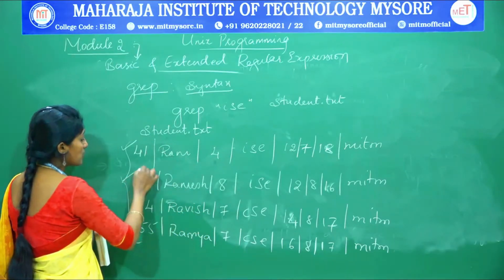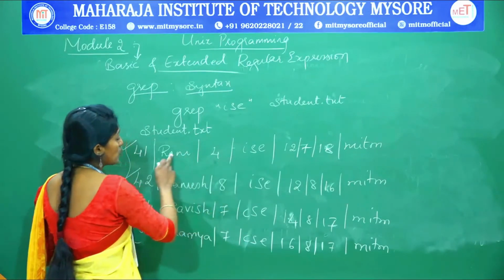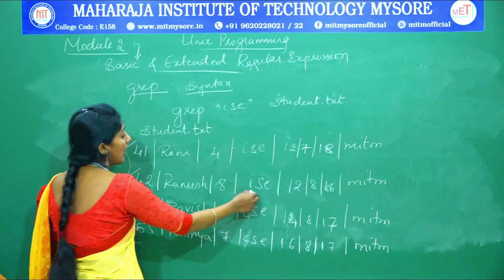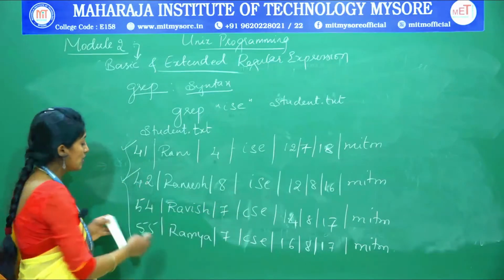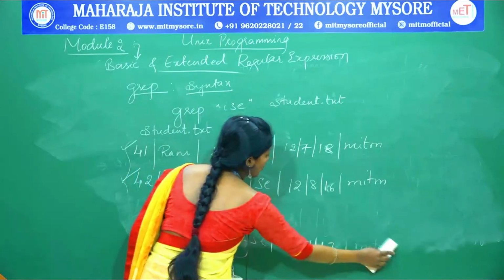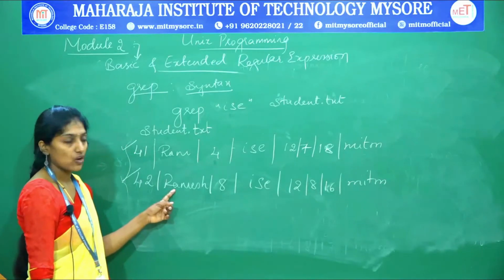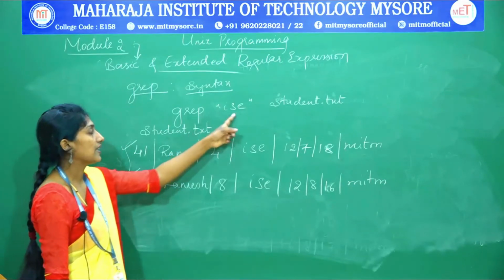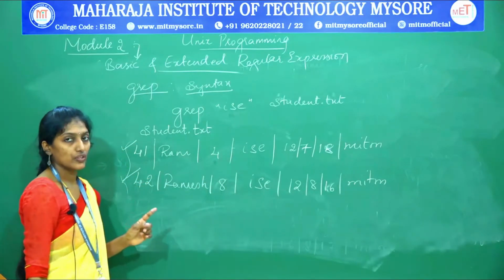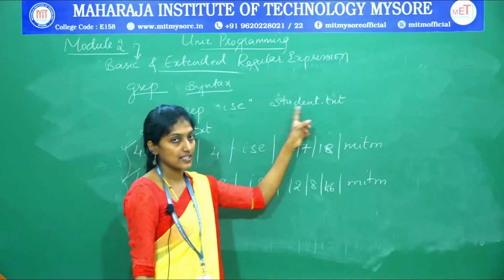One is Ram with the username and the other one is Ramesh with the username. So these are student names. The student names Ram and Ramesh, having the pattern ISC, have been displayed. What happens is the shell gets you the output after the execution from the kernel. This will be the output you get with grep ISC student.txt. This is how the output looks when searching for a pattern from the file student.txt.